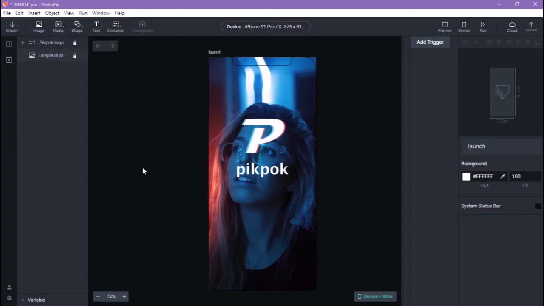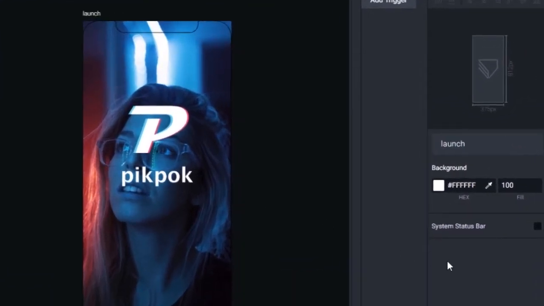Hey there, this video will be covering all aspects of layers on Protopie. We'll also see how to put a system status bar on our scenes and give it the right feel. Okay folks, there was a reason why I didn't put a system status bar on my artboards on Adobe XD. The reason is because I can also add a system status bar over at the Properties Edit panel right here